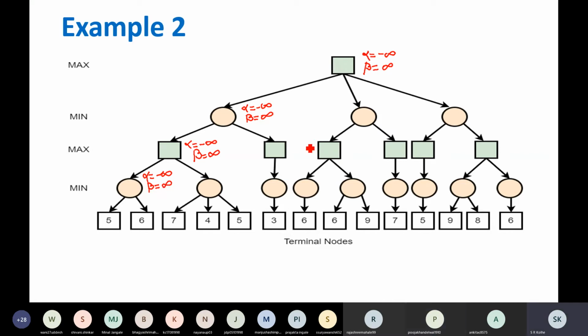Beta value will always decrease from infinity. We want the least value, and alpha value will always increase, initially minus infinity. So this minimizer is getting 5. Is it better than beta infinity value? Yes, 5 is better than infinity, so beta will change. It is 5.